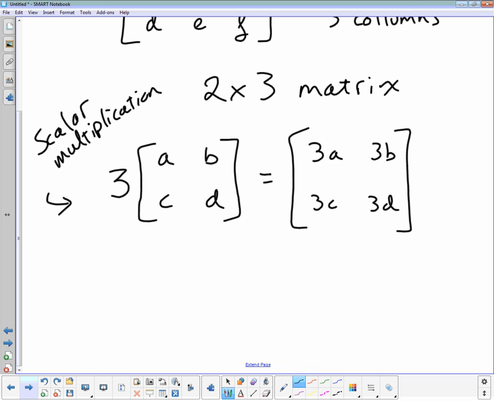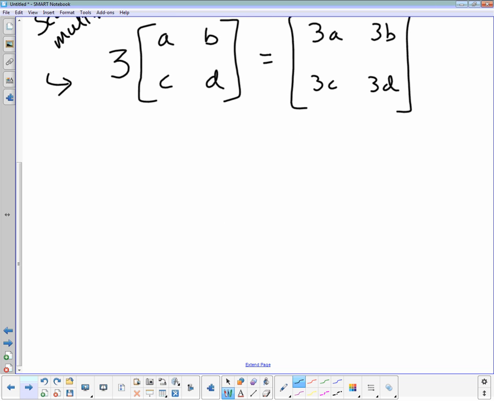Matrices can only add to each other if they're the exact same size. If they are not the exact same size, they cannot play. Okay? So,